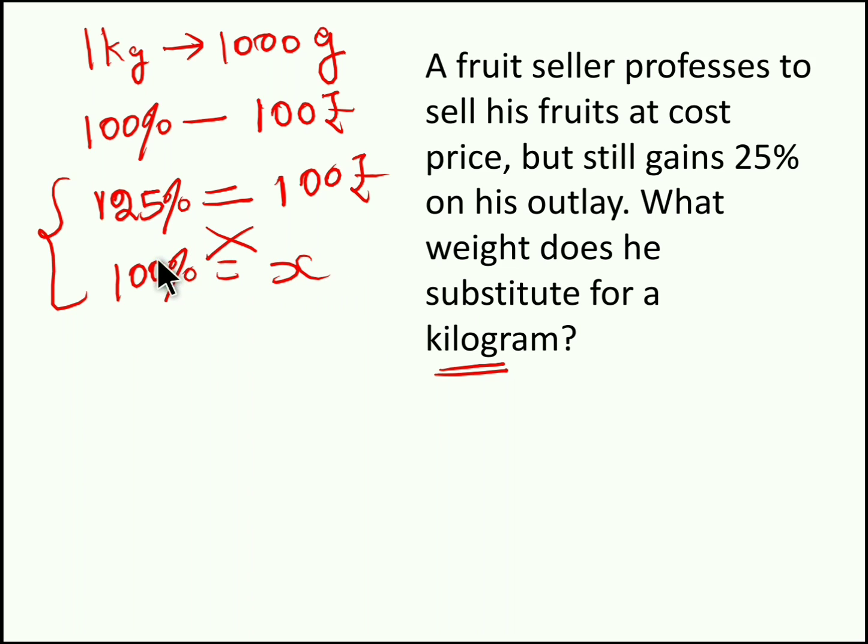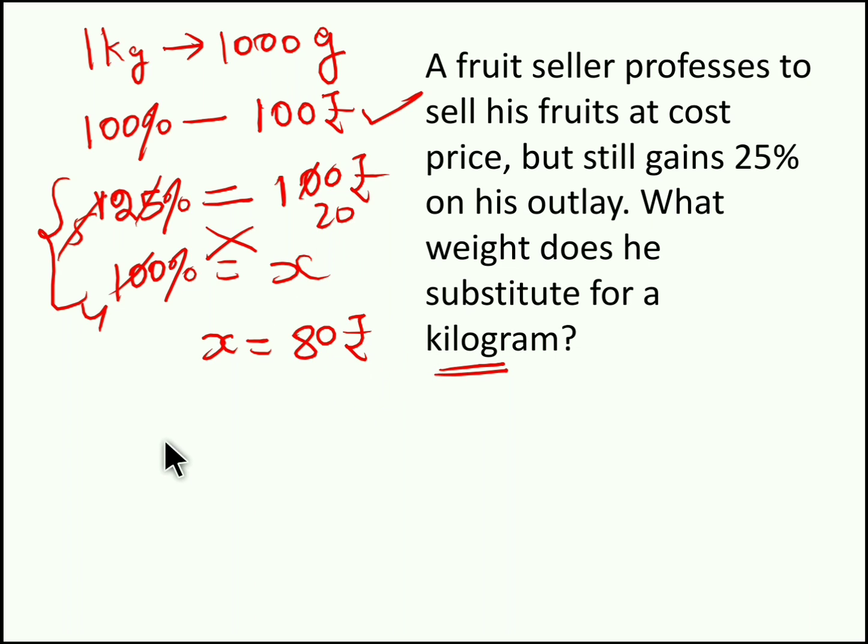So when we cross multiply, we get 5 and 4, again 20 times. So 20 into 4, x equal to 80 rupees. So the actual cost price of the fruit, which is in the weight bar, is 80 rupees, but he is selling this 80 rupees product for 100 rupees, and we know the actual cost price of this 1000 grams is 100 rupees. So if 1000 grams is 100 rupees and we found this 80 rupees is the actual weight of the product, which is in the kilogram bar.